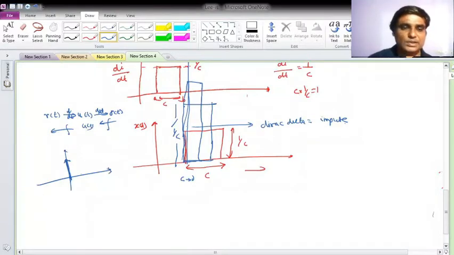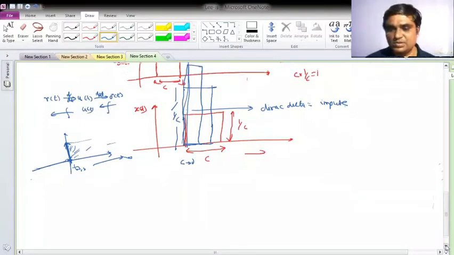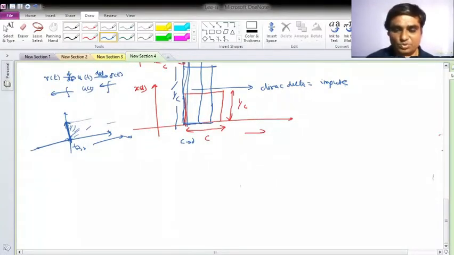Delta function representation in the continuous domain is this, and there is an arrow. Okay, like this. So if I would like to find out the area, from here to this point the area is 0, but after that, t is greater than 0, the area is 1, right? So if I integrate it from 0 to infinity, the area under the curve is 1. So if I integrate the delta, I get the unit step. Okay, now these basic functions, you know.